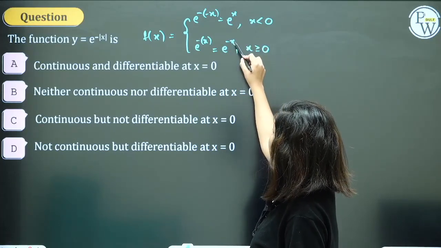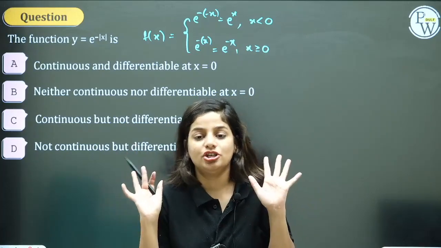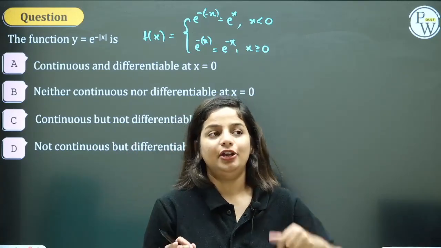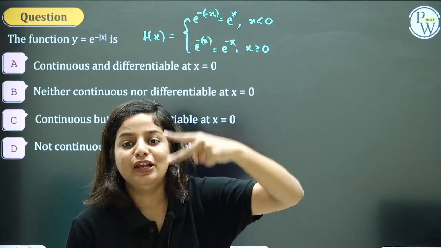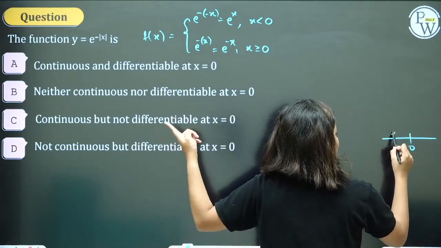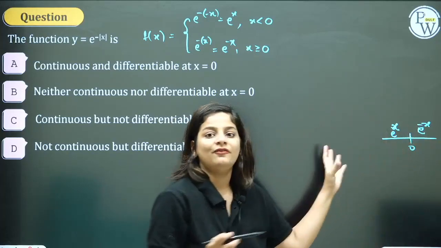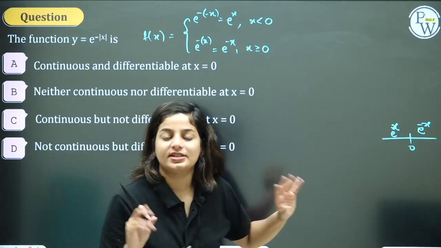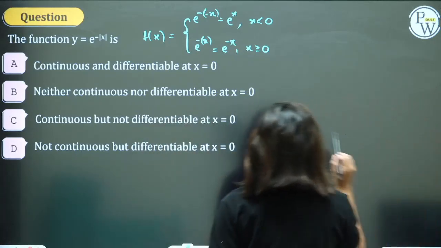Can you see the function now has two different values in two different sections. So in order to check the continuity, will we use the first formula or second formula? We will use both, because to the left of 0, the function is e raised to x. To the right of 0, it is e raised to minus x. Different values in different regions. LHL, RHL, separately you will find out.